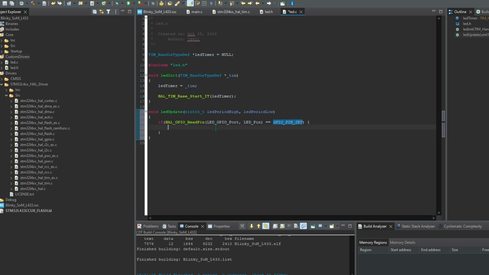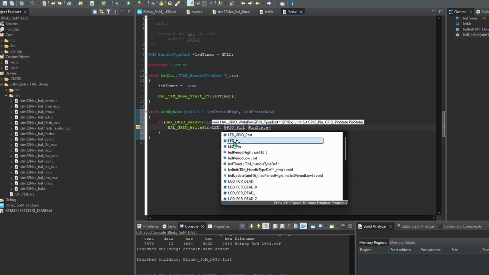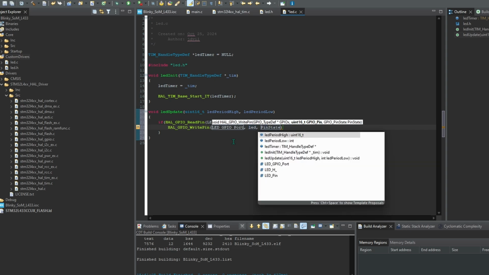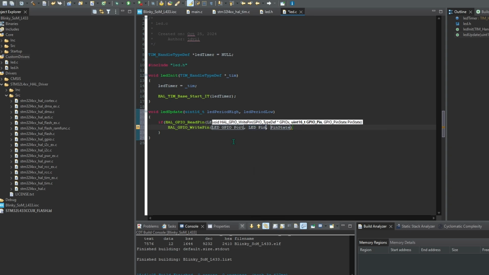All right, so now it's correct. Okay, so if the LED is on, first thing we want to do is turn it off because it corresponds to the next state, and we're going to use the same GPIO write function. So write LED port, LED pin,